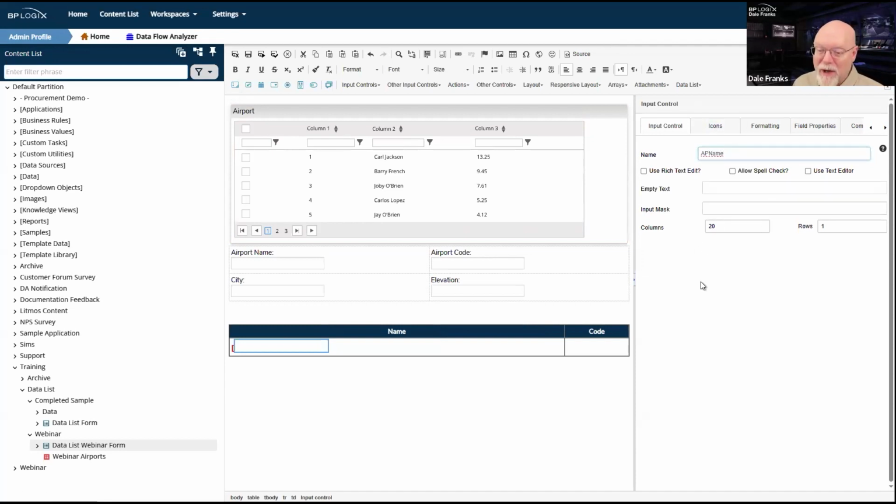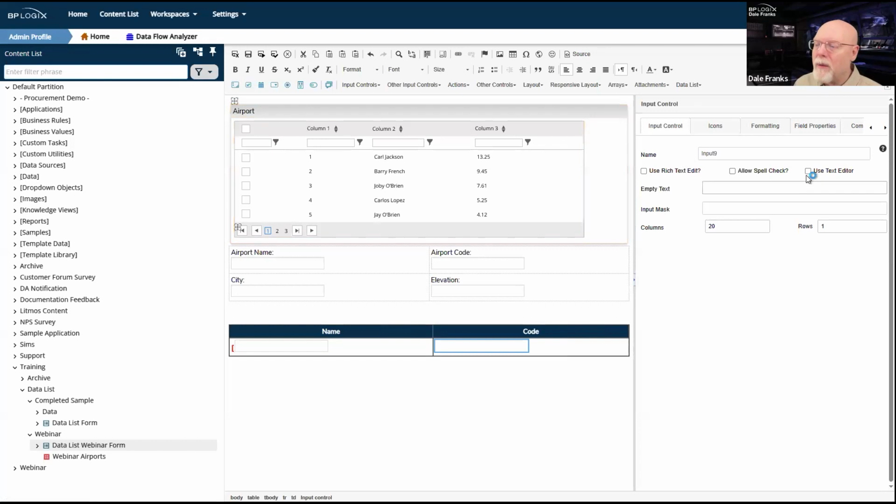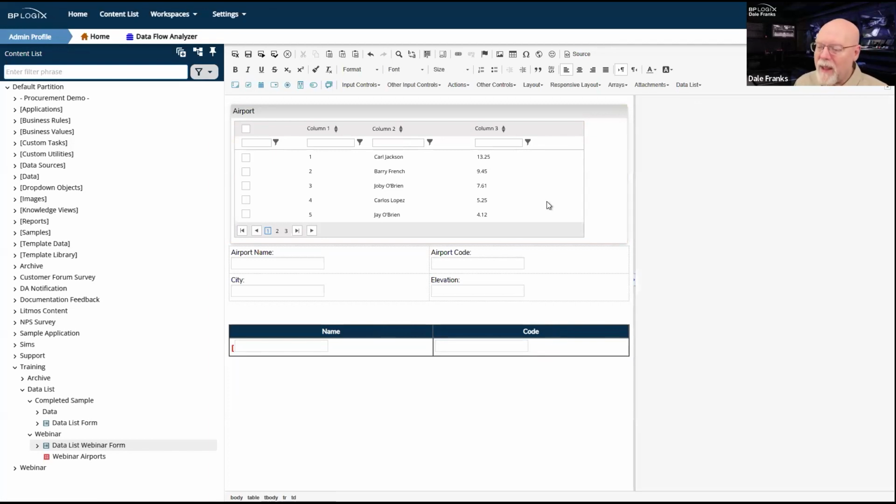Since I'm in an array, I need to give it a different name there. So I'll call that one AP name, and I'll throw in another one here, and I'll call this one AP code. So I'm done with that. And then I will end my array. So now I've got a little array.